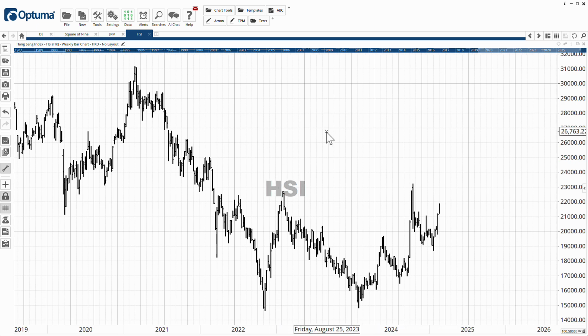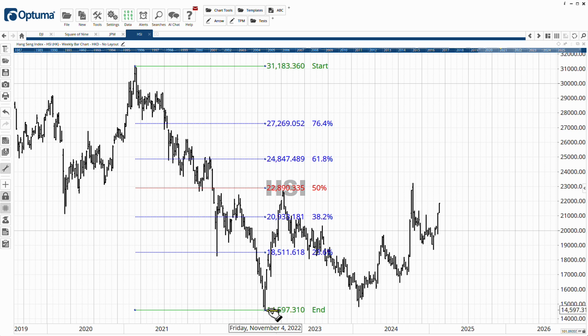So we're going back quite some time. There was a significant peak here in Hong Kong in February 2021. The market fell back significantly till November 2022, and it's been in between those 2 points ever since. And this, of course, gives us a fabulous place to anchor our Fibonacci tool from. So all I need to do is to go into my set of tools up through here, find the Fibonacci tool. I'm going to anchor that to that major peak in 2021, bring it down to the major low 2022,